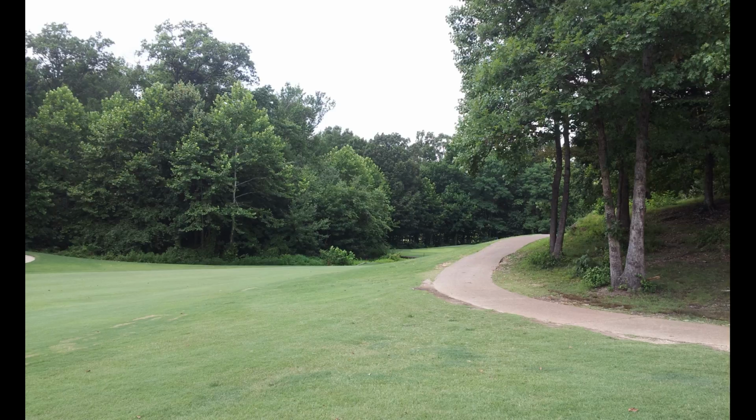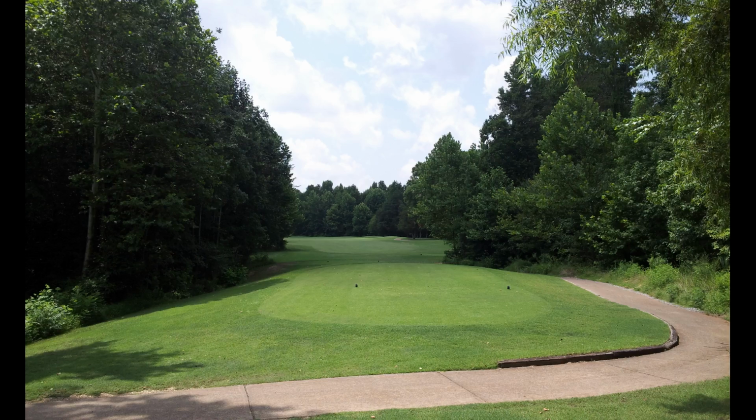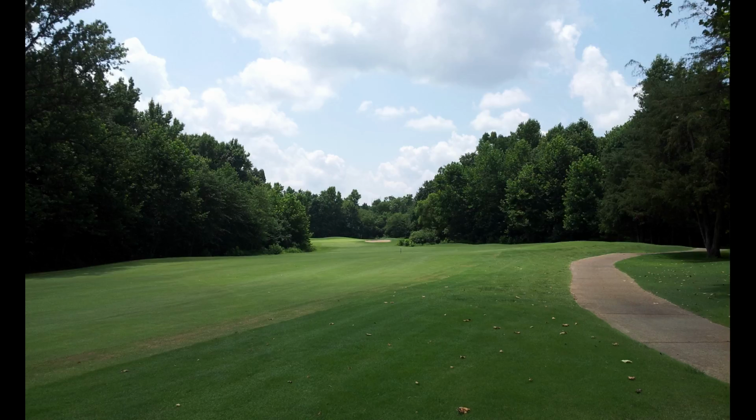So I think it has sort of just under a good balance of carries. If you like carries, it has some carries. If you don't like carries, unfortunately, you will have to hit a few carries. A couple of par threes have carries, and certainly there's a lake on one of the par threes. So most of the par threes involve some kind of carry. And